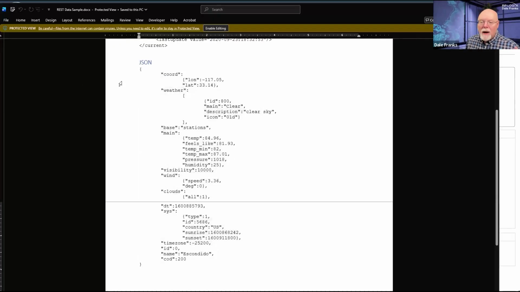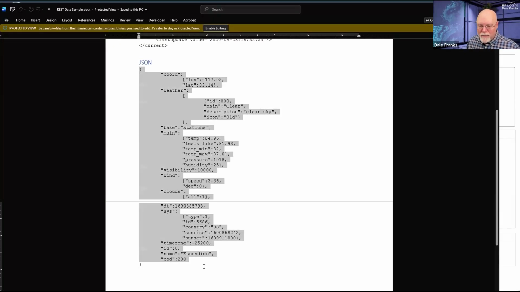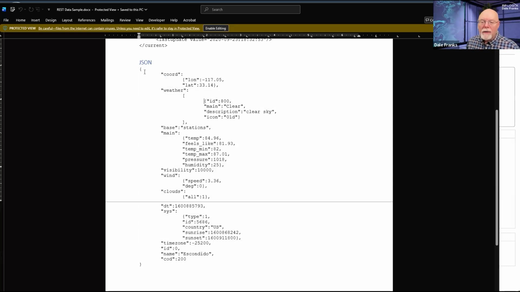So it is $.weather.main. All right, so $, well, that's everything. .weather. All right, well, see that first curly bracket there? That is going to be our first dot. That is going to be our parent node. So $dot gets me to there. And then it goes to the next node, which is weather. Okay, cool. That's there. And then it's .main. Square brackets and curly brackets you can always think of as the dots.